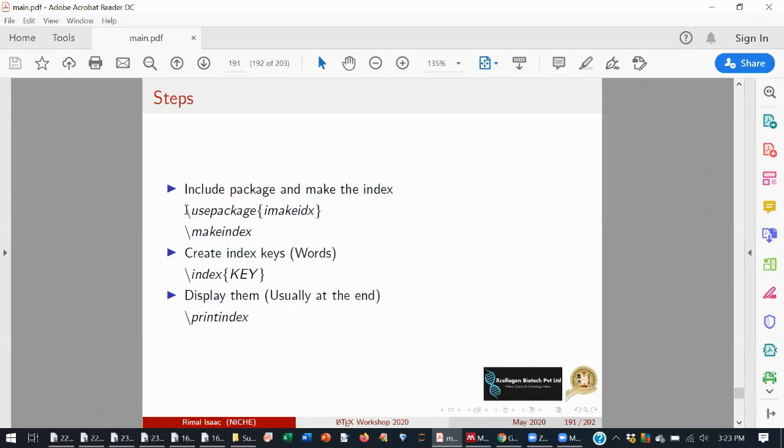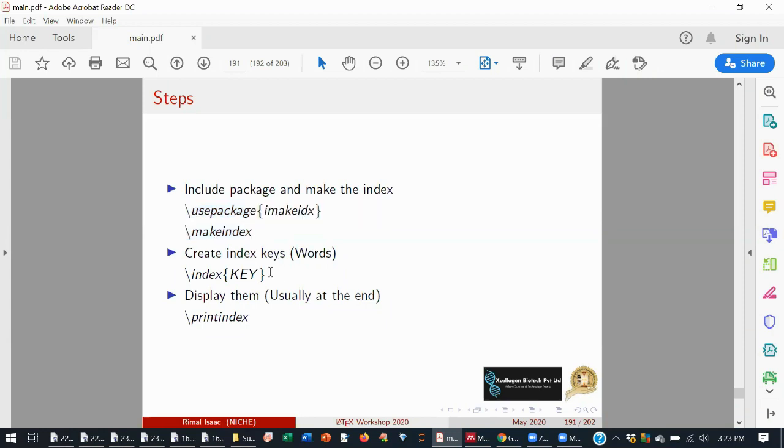For creating a back index you have to use a package known as makeidx, and one command known as \makeindex. These two must be there.